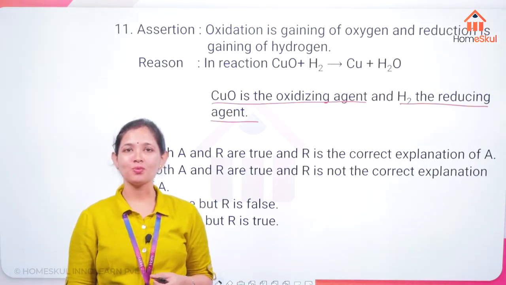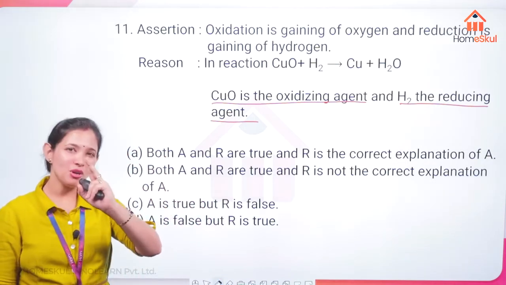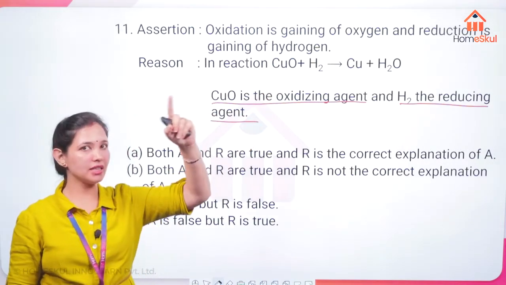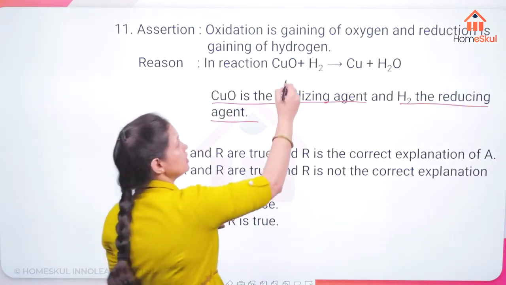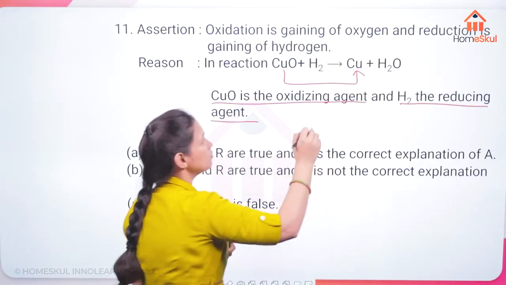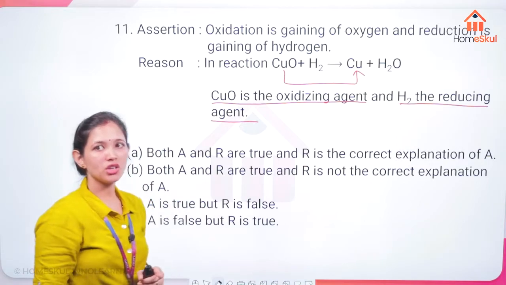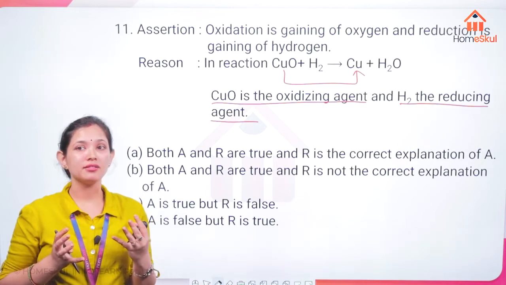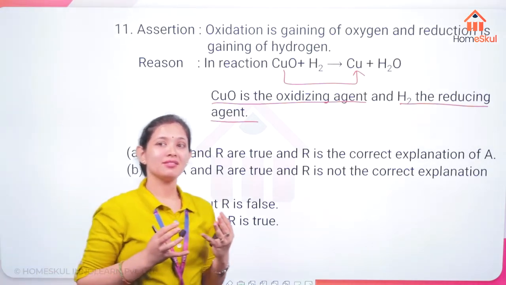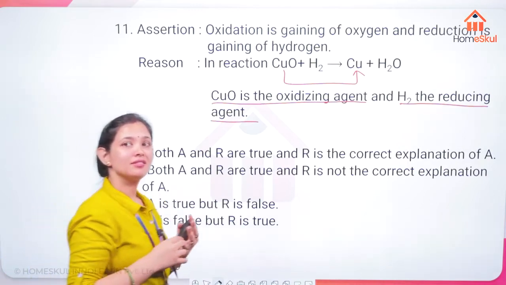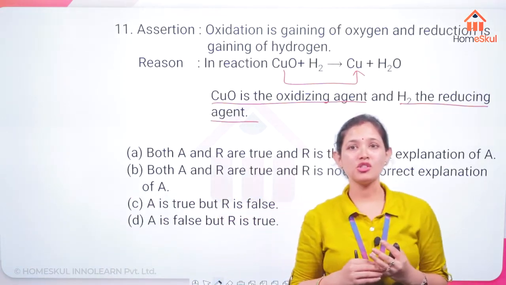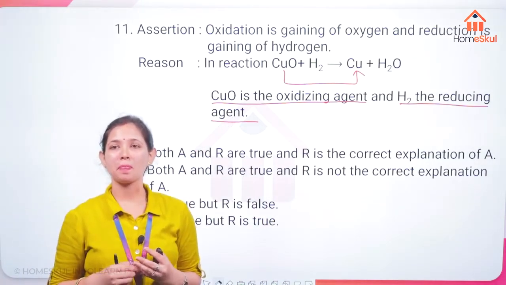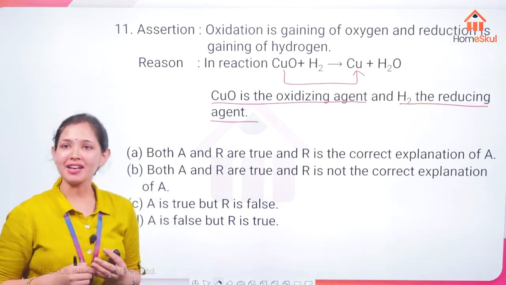First of all, tell me one thing. In the case of CuO and H2, you have already seen this reaction. You know that CuO is giving you Cu, meaning there is removal of oxygen here. And removal of oxygen from CuO is going to be what? Now you answer me this. Reduction. Very correct.